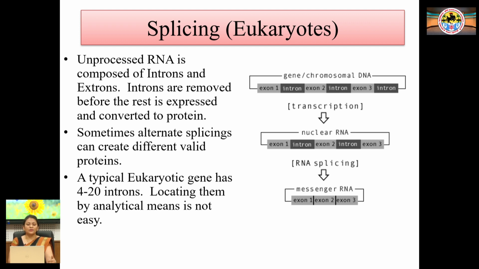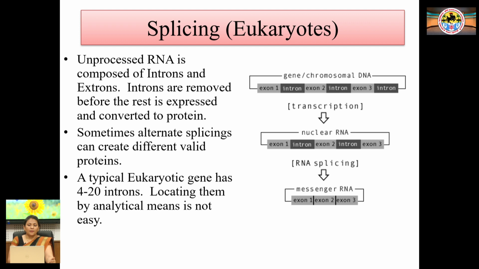Because in prokaryotes, the intron sequences are totally absent. These intron sequences are mainly non-coding sequences, so the splicing process is absent. Another process, capping and tailing, also takes place in the transcription process. If you are talking about splicing, the unprocessed RNA is composed of what is called intron and